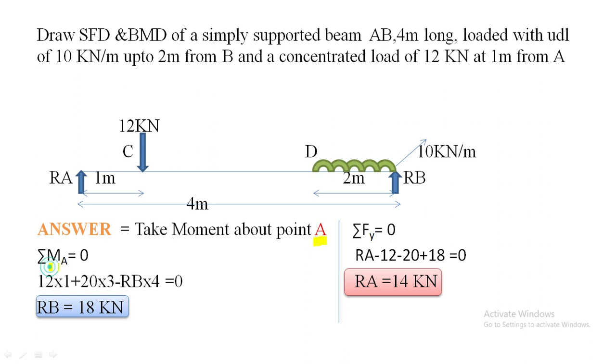So summation of moment at A is equal to 0. Here clockwise forces are considered as positive sign, anti-clockwise forces are considered as negative sign. So first force RA, consider this value is 0 because there is no perpendicular distance. Then the second force is 12 kilonewton, which is going in clockwise direction about A. So consider plus. Moment means force into perpendicular distance. The value of force is 12 and distance is 1 meter, that is 12 into 1. A to C distance is 1 meter. So 12 into 1. Then next is